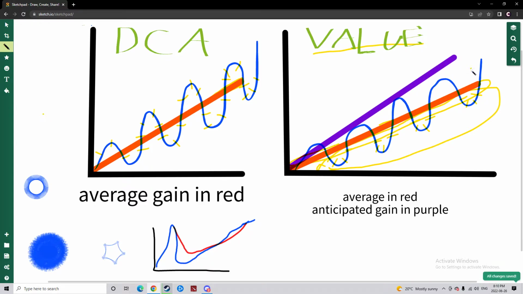So in this case, our red line is the average of the stock market. Our purple line is the value investors' anticipated gain. And the reason why we use anticipated here is because you're trying to decide what an undervalued company is. These guys have a better chance of losing money. They have a better chance of misjudging a bottom. They have a better chance of misjudging a top. And it's just a style of investing that takes a lot more depth, a lot more work, and something that I am trying to do now and learn how to do.